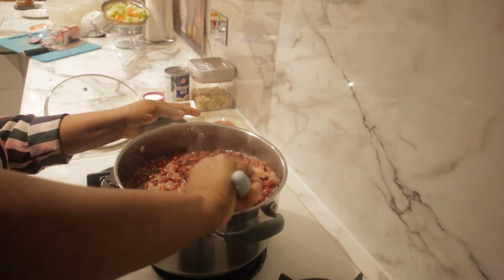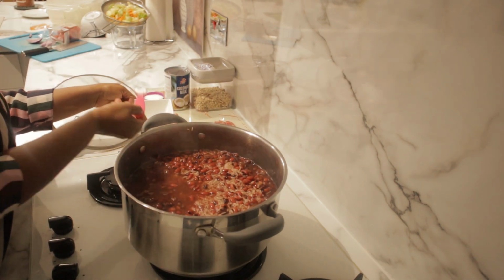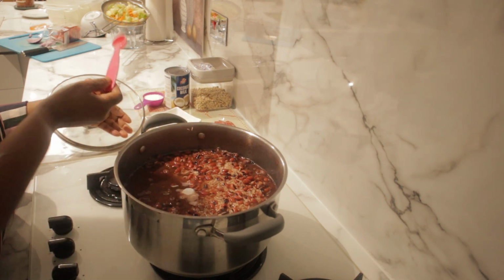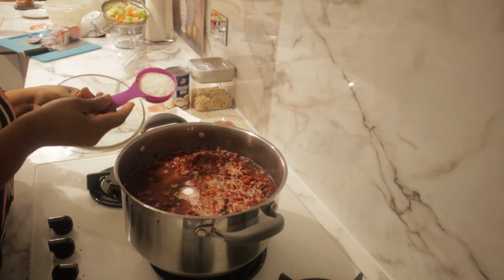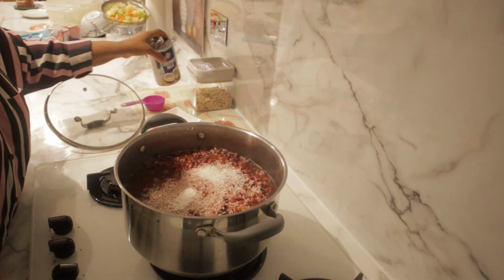So now this is how it's looking at the moment. I'm going to add my baking soda and I'm adding the coconut. So the next